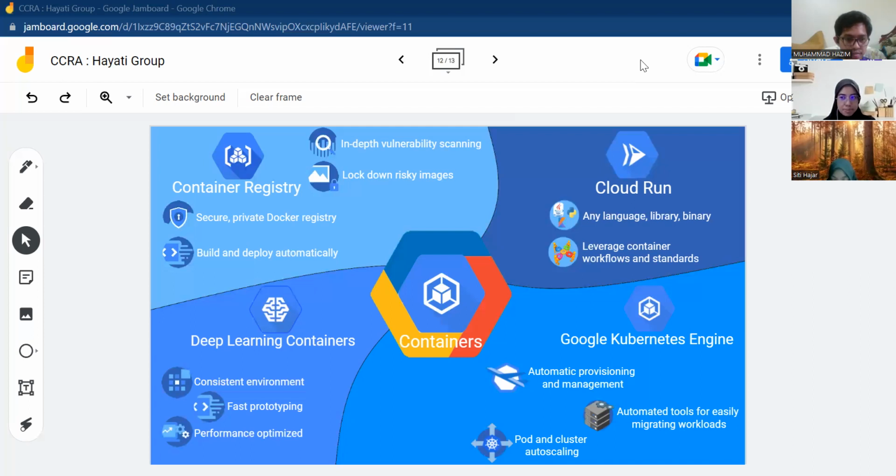Then the fourth service is Deep Learning Containers. Deep Learning Containers are a set of Docker containers with key data science frameworks, libraries, and tools pre-installed. So what we can do with the service is develop, test, and deploy our AI applications on this service. This service is actually quite useful because it uses popular frameworks and also is performance optimized, compatibility tested,